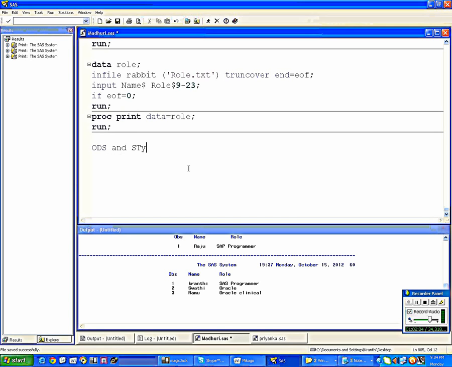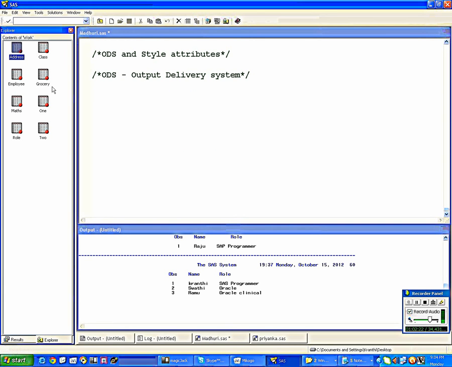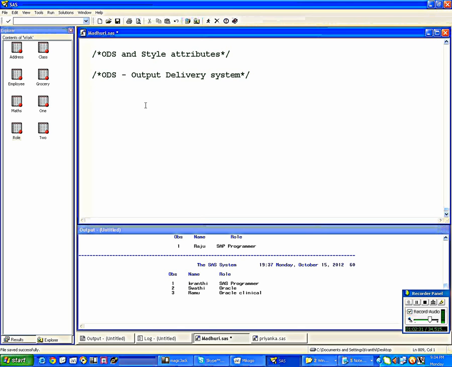Now let us see the ODS and style attribute. So what is ODS? ODS means Output Delivery System. We have multiple data sets here. Let us take this employee and this role. I want to print these two to a PDF file.